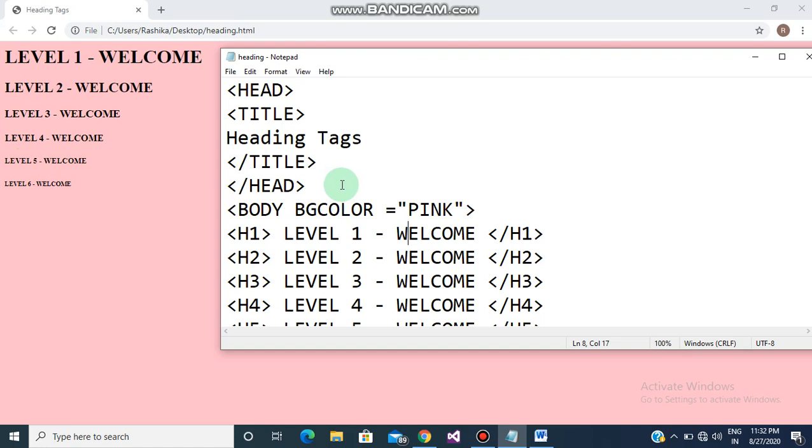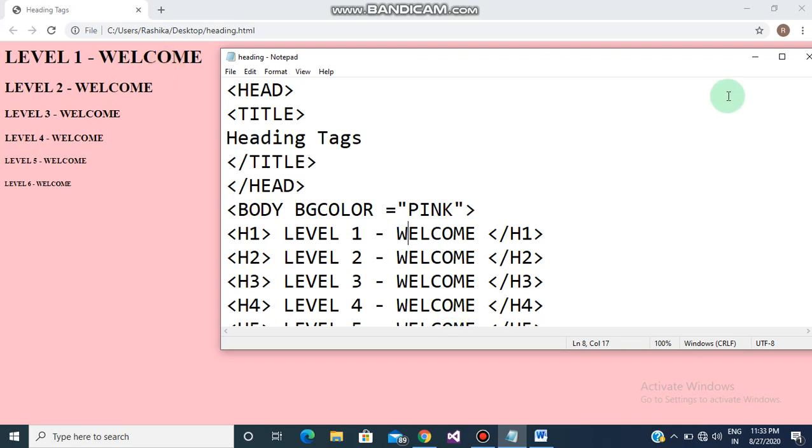So this way you can create a page where you need to write the headings, okay. And for very important things you can use H1, for less important things you can use H3 or H4, okay. For H6 I would say that it will not act as a heading, it will just be like your simple text, the text that you're writing. So we never go up to level 6. But with level 1, level 2 and level 3 you can do something related to headings.